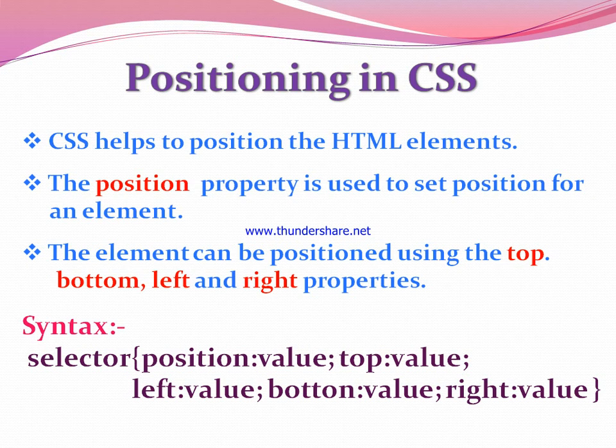Now what is the syntax to position an HTML element with the help of CSS? Here I have given the syntax: selector, curly bracket, position is the property and its value. Its value should be among these four, that is top, bottom, left or right. Means you can set the position as top, or the name of that particular positioning itself. So in the next slide I will explain the position properties. By mistake I told you that top, bottom, left and right are the values, but these are the pixels where you want to place or position the element.